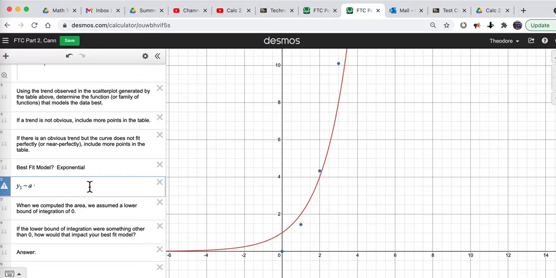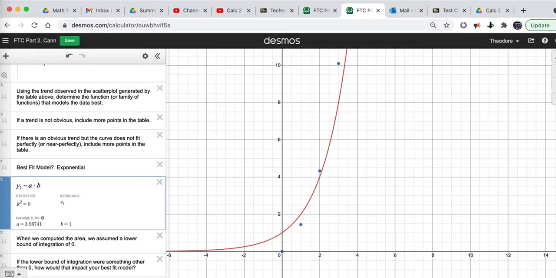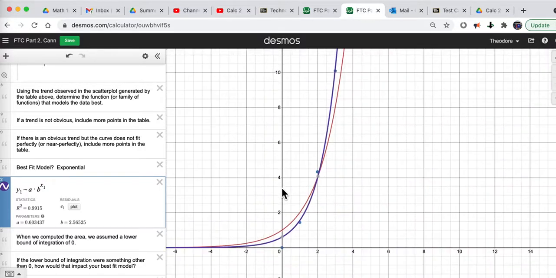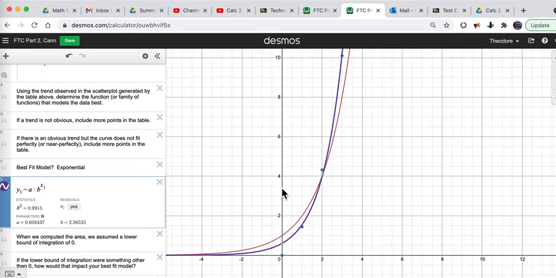So A times B to the x power, so x1 power, is an exponential relationship. Now, even this is not showing a perfect fit. But this is the one I think is it. So 0.9915, that's very nice. Now, if you really want to get a good close look at it,